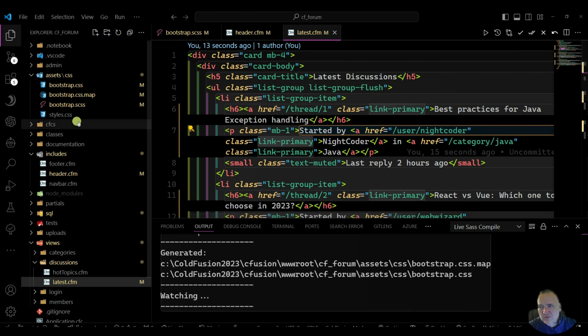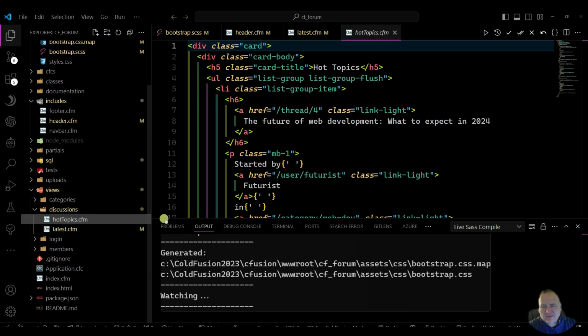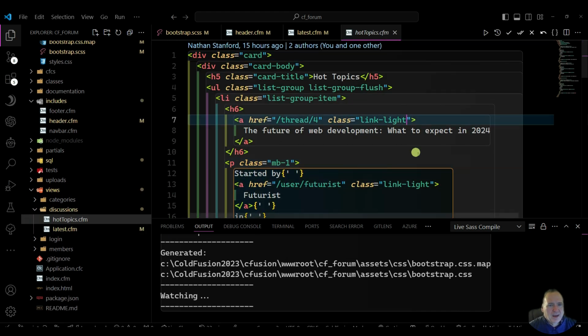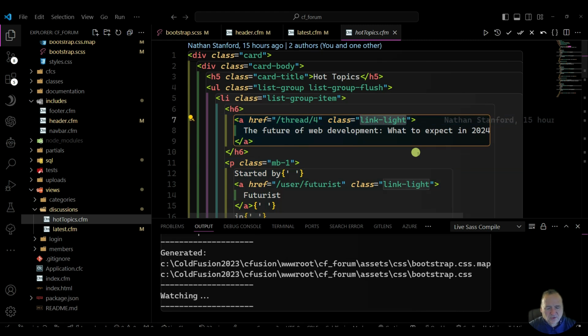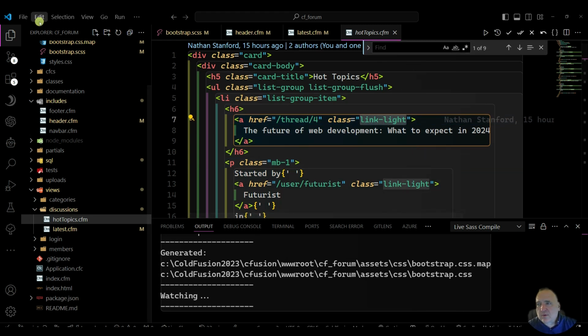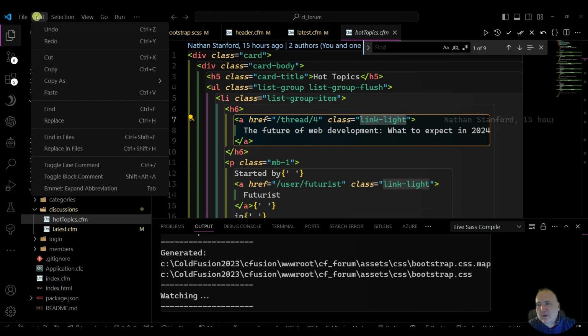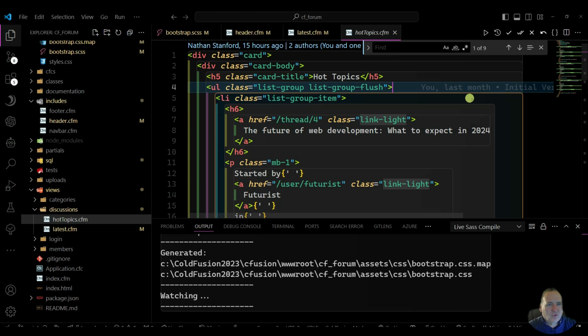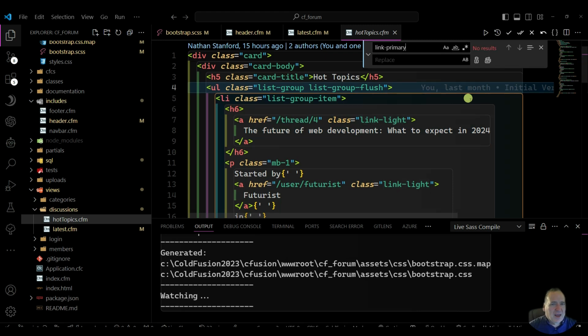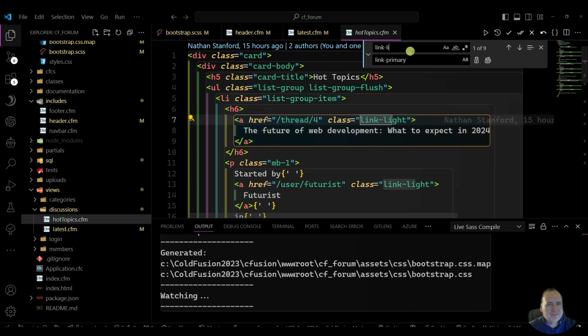So if I go to Hot Topics, I can also do Control Find or Control, I think it's, let's just look and see. If I want to replace, it's Control H. So if I do Control H, I'll paste in that, and I'll paste in that, and I'm wanting to change all the ones that are light, links that is, to